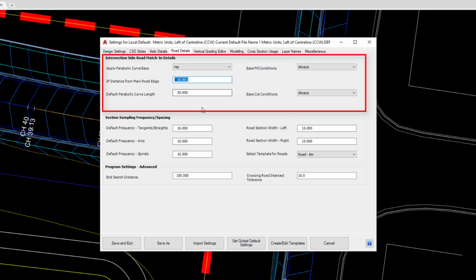An IP will be created at 10 meters plus a millimeter, just to make sure we don't overlap onto the intersecting road, followed by a curve on the top of that. So 10 meters left and 10 meters right will have a vertical curve being created, which is 20 meters in length. Always in fill and always in cut. So regardless of what we'd created just now, if our road was in cut, we would have had this curve